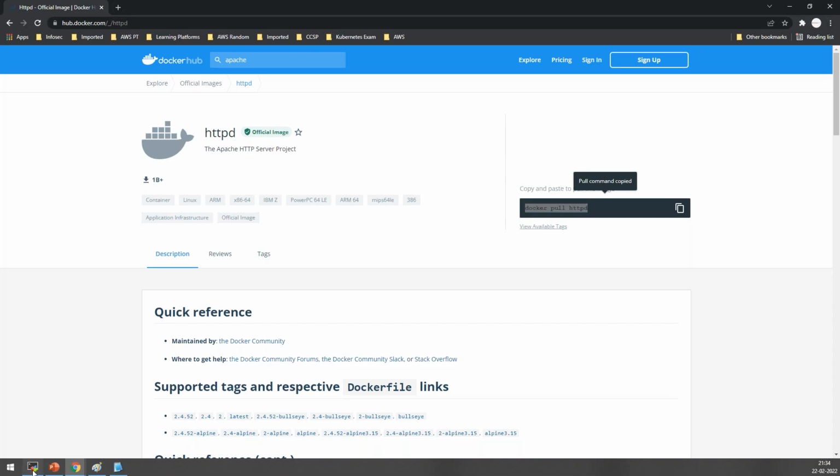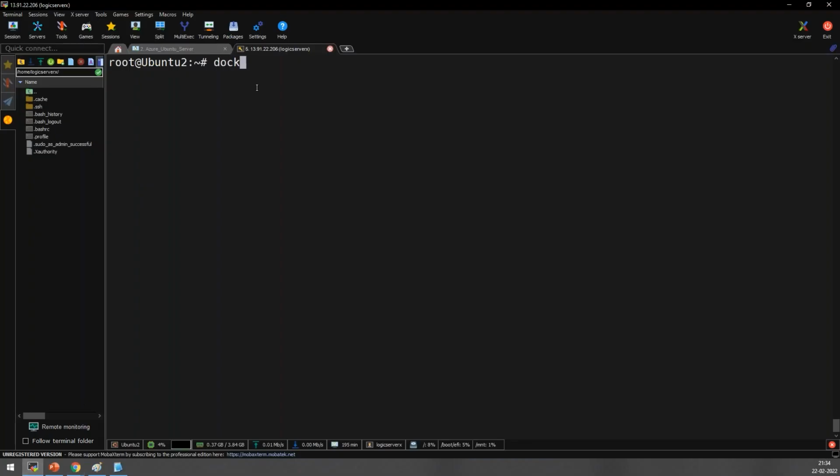So what you have to do is just type docker pull httpd. When you do this, are you downloading the container or the image? Tell me. Image. You're downloading the image, just a template. Okay, image. I press enter.